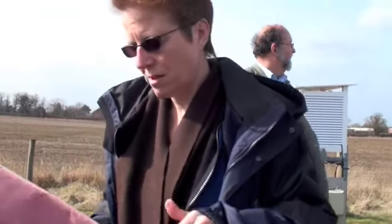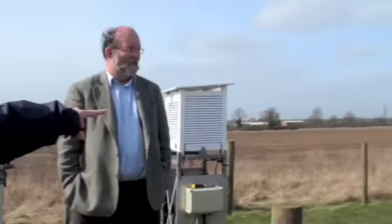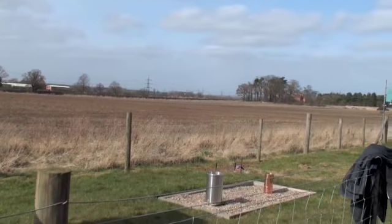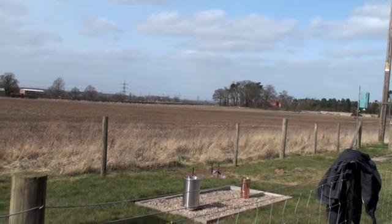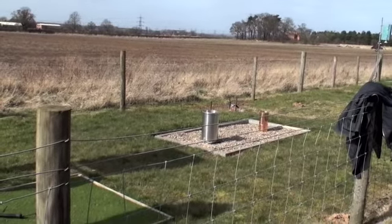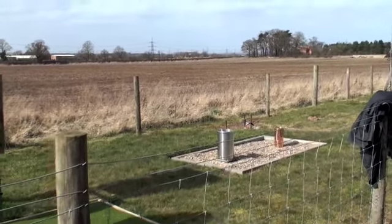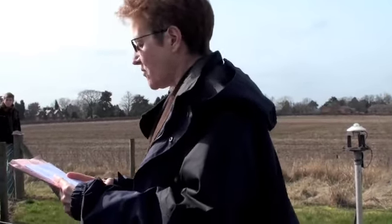So at this site, as I say, there's been a long record of SO2 monitoring. And at one stage, this rather sad stump here that's got a bit of duct tape over a pipe was once a major flux monitoring site. They measured just about everything here in terms of pollutants at different heights. Now it's really a shadow of its former self, and it is now part of what is called, and I quote, the UK Eutrophying and Acidifying Atmospheric Pollutants Network, which is a bit of a mouthful. So essentially